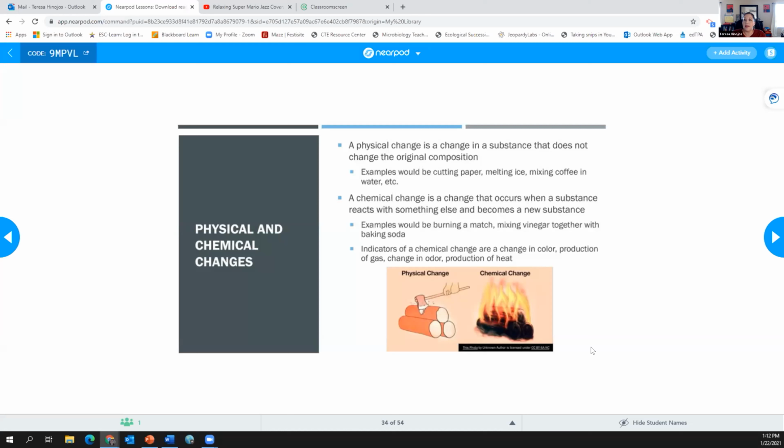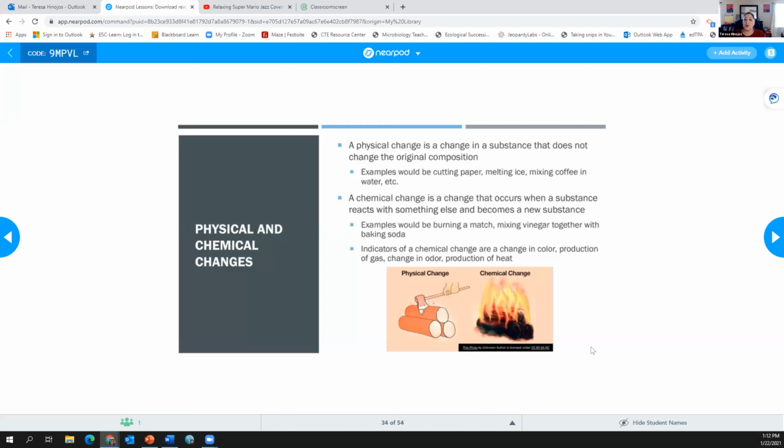So examples would be cutting paper, melting ice, mixing coffee and water. It's still just coffee and water. There's nothing about the matter that has changed. But a chemical change would be when I change something and it reacts with something else to become a new